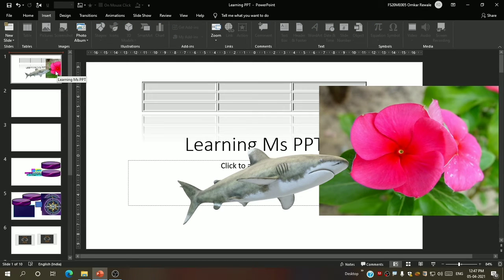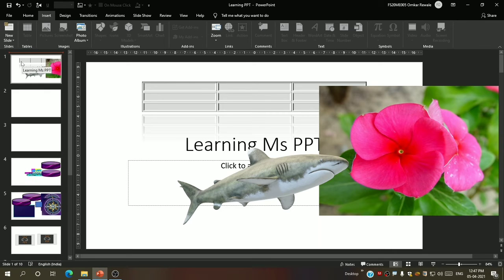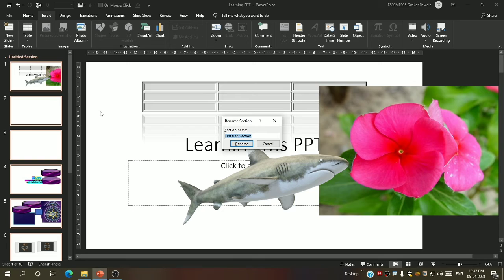So, in Microsoft PowerPoint, we can also make sections for a presentation. For example, you have made a presentation of 20 slides. 10 slides are of topic A, and the remaining 10 are of topic B. So you can divide them over here by giving sections. Now what you have to do to add a section: right click over here and you can see add section. Now it will ask you by which name you want to save this section. You can just keep untitled section also by clicking here, or you can give a specific name.